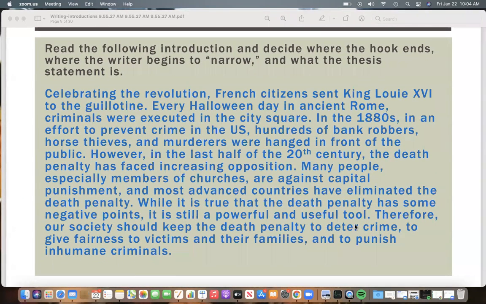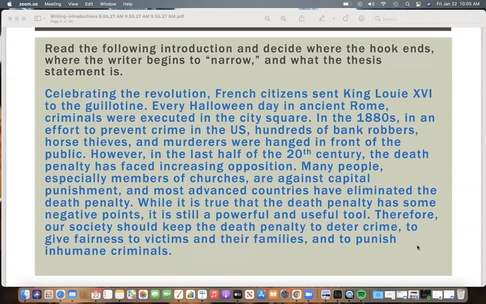Celebrating the Revolution, French citizens sent King Louis XVI to the guillotine. Every Halloween day in ancient Rome, criminals were executed in the city square. In the 1880s, in an effort to prevent crime in the US, hundreds of bank robbers, horse thieves, and murderers were hanged in front of the public. However, in the last half of the 20th century, the death penalty has faced increasing opposition. Many people, especially members of churches, are against capital punishment, and most advanced countries have eliminated the death penalty. While it's true that the death penalty has some negative points, it is still a powerful and useful tool. Therefore, our society should keep the death penalty to deter crime, to give fairness to victims and their families, and